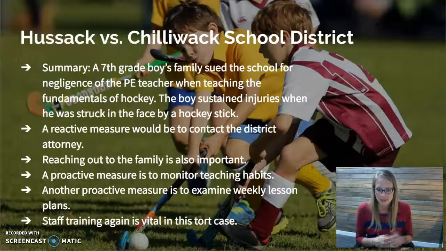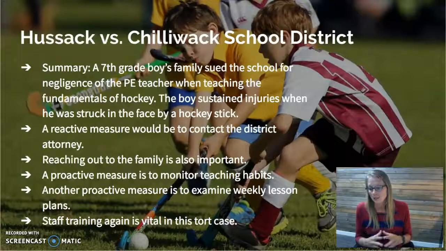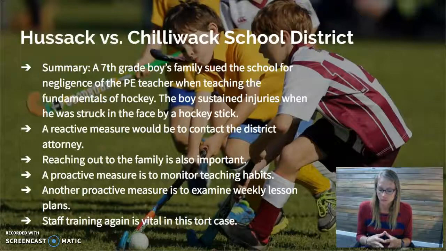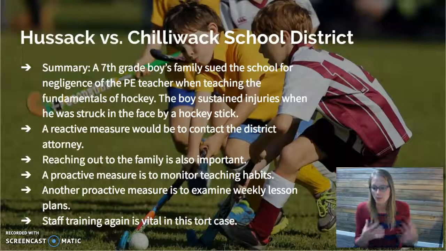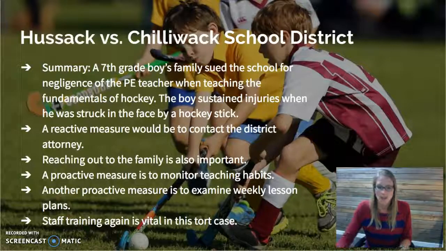And then lastly, for professional ethics, the staff training. Again, we have to keep going back to that. Our teachers are not informed if they are not being informed by the educational leader. Every district is different. The majority of the laws are the same, but the protocols and things like that are all different. And with our district, we're so transient, it's important that they're coming in and out.